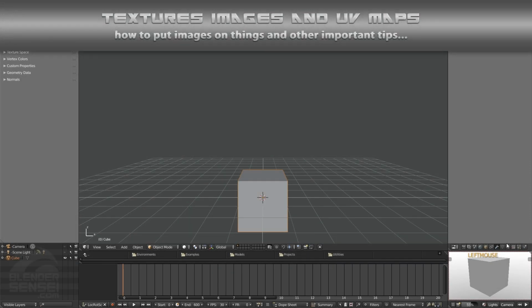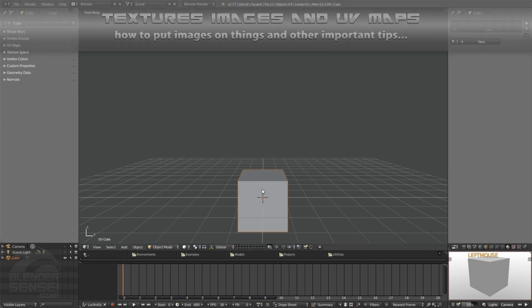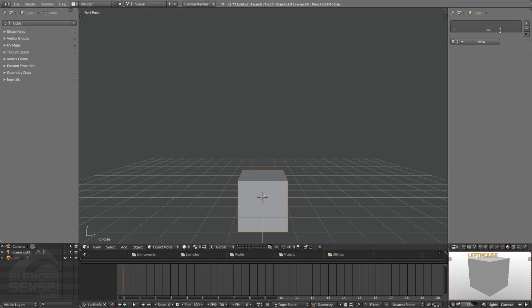So over here on the Material tab, this will display all the materials belonging to the selected object, and currently there are no materials present. But directly to the right of this Material tab, we have this kind of checkered looking icon, and this tab is for textures. However, the textures that will show up on this tab can be textures used all over the whole file. Textures used for brushes, for painting, or textures used for your world environment, basically what your background looks like when you're rendering and stuff like that, in addition to being the place where the textures that belong to